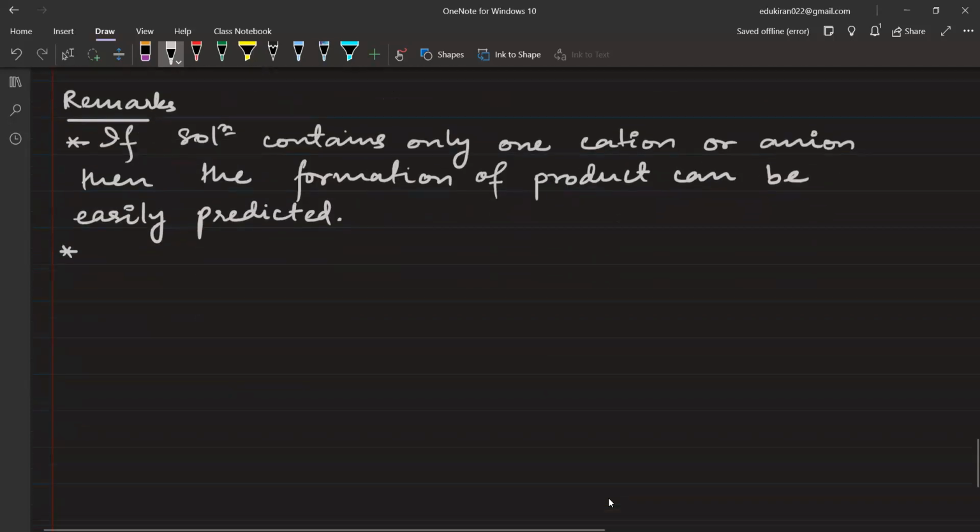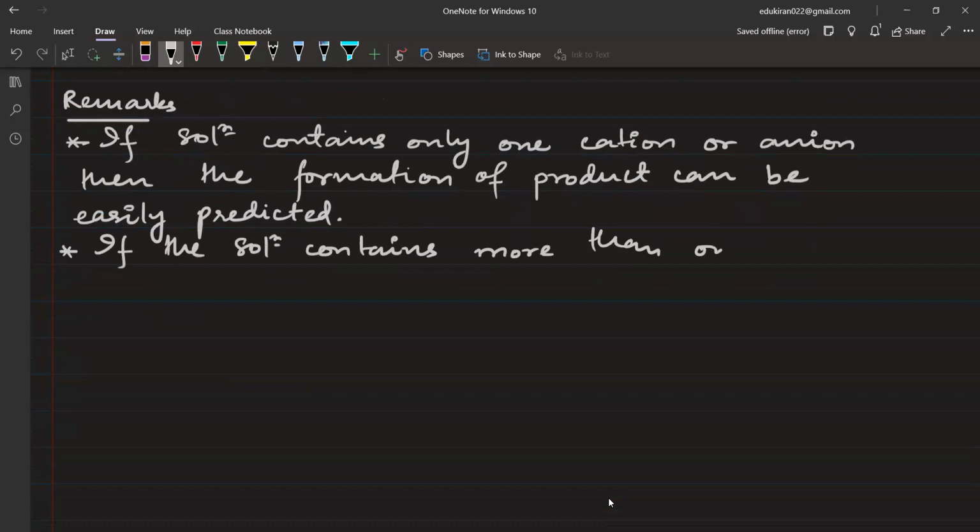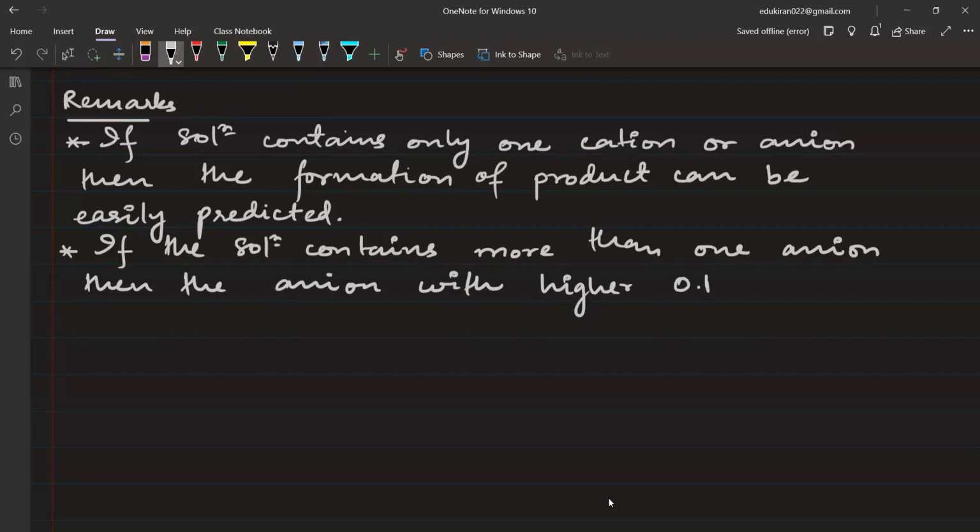Next, लिखिएगा. If the solution contains more than one anion, then the anion with higher oxidation potential, and also एक और चीज जो बहुत ही ज्यादा important, and smaller size,